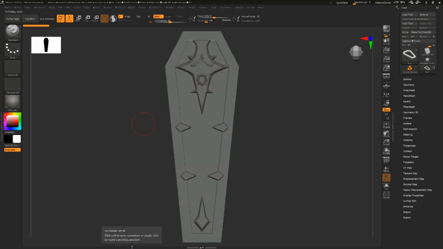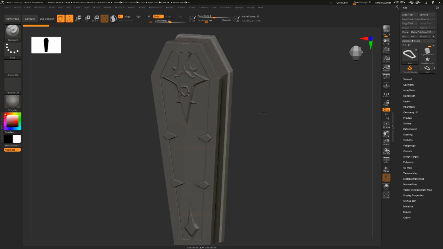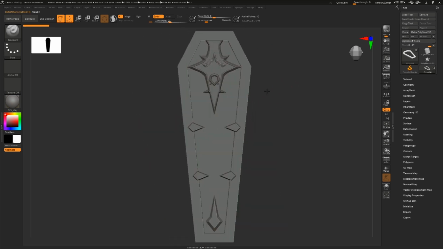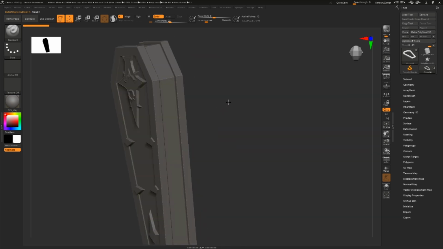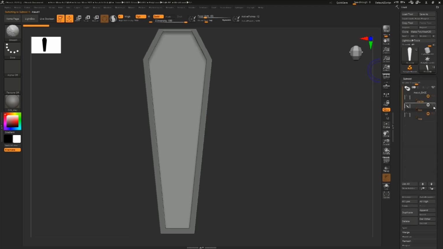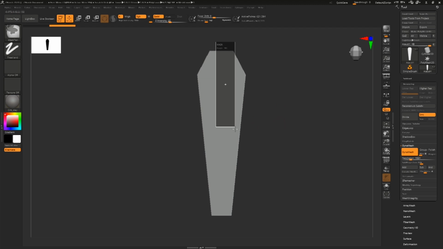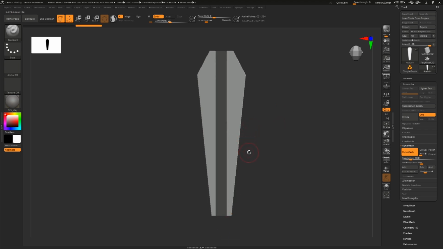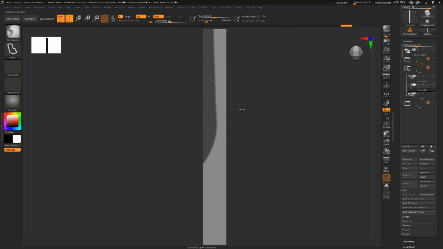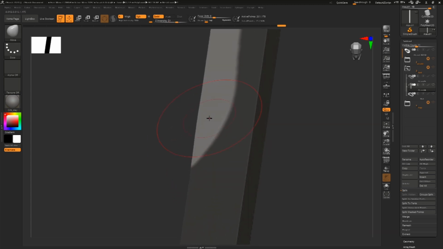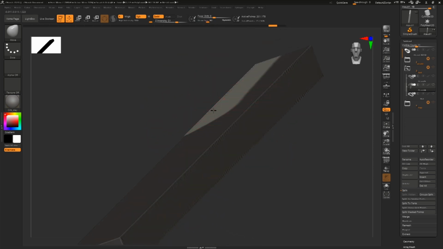Next it's time to sculpt the model. For this coffin, we have two materials, wood and metal. To create the wood in this coffin, I separate the parts with polygroups to be able to give more details to each piece and not in general. When I create the patterns of the wood, I only use a mask lasso and the move brush. These two tools are enough for me to create these patterns,